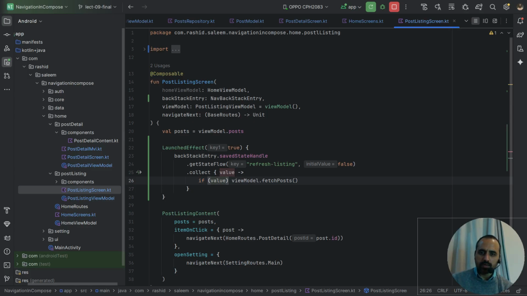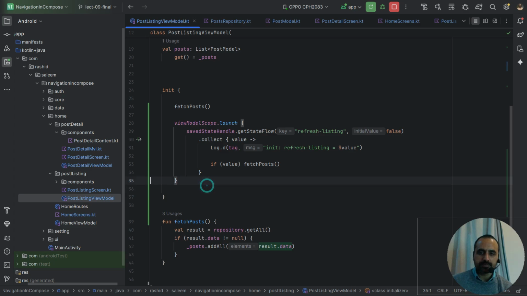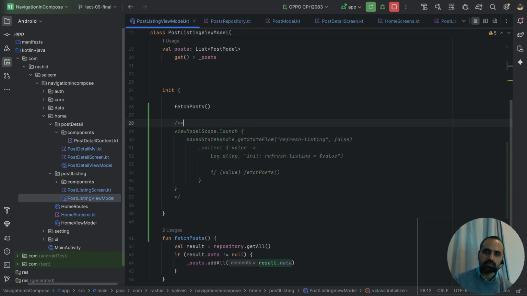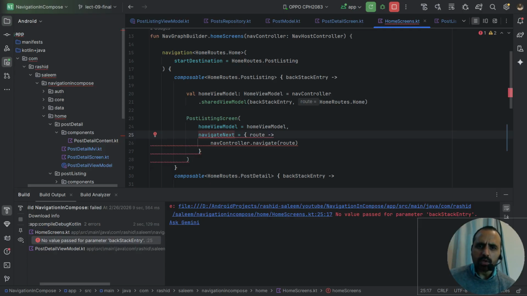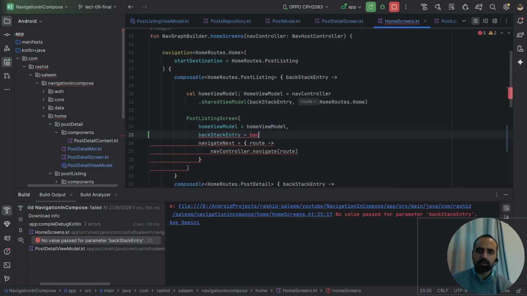Okay, so now at this point I will also add a log here to know that... actually, I do not need to add the log because it will be obvious that this will work. So in the post listing view model I will comment out this piece of code. So run the app. We are getting some error here, and the error is that we need to provide the backstack entry parameter here. So backstack entry,